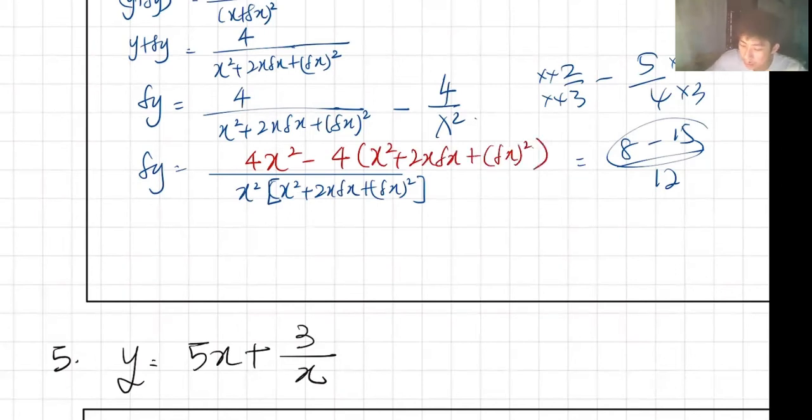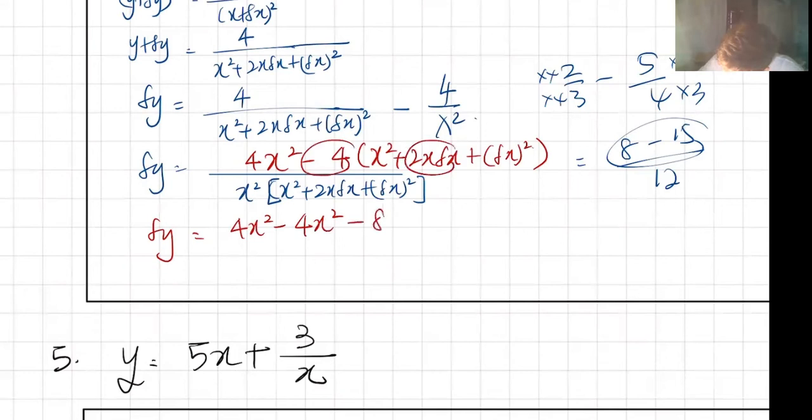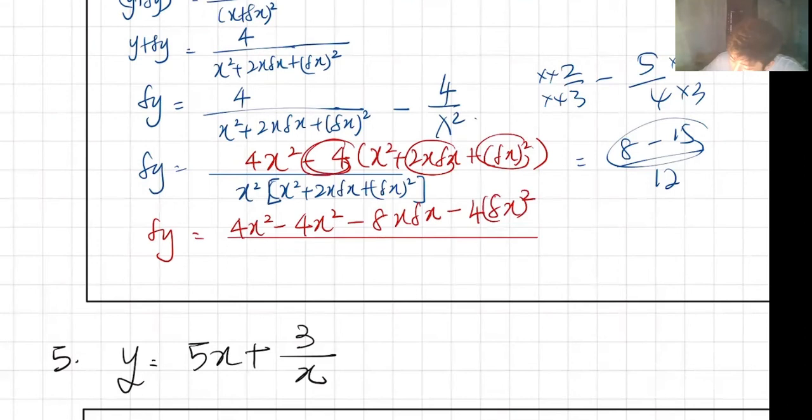Yeah, I have this thing. So delta y is equal to what? If you expand the top, you have 4x squared minus 4x squared. Open the bracket basically. The minus 4 times this thing gives you minus 8x delta x. Minus 4 times the back thing gives you minus 4 delta x squared divided by